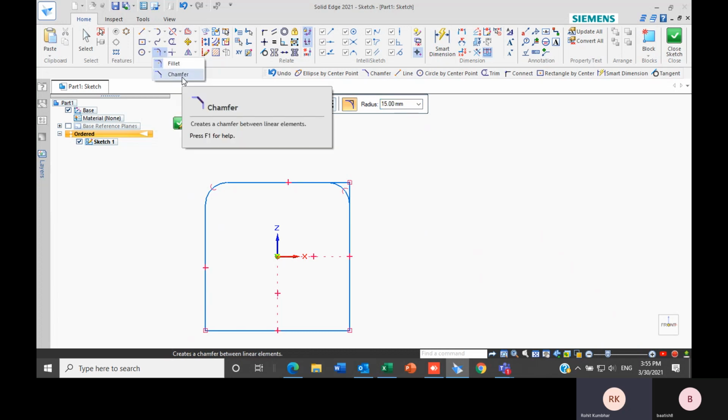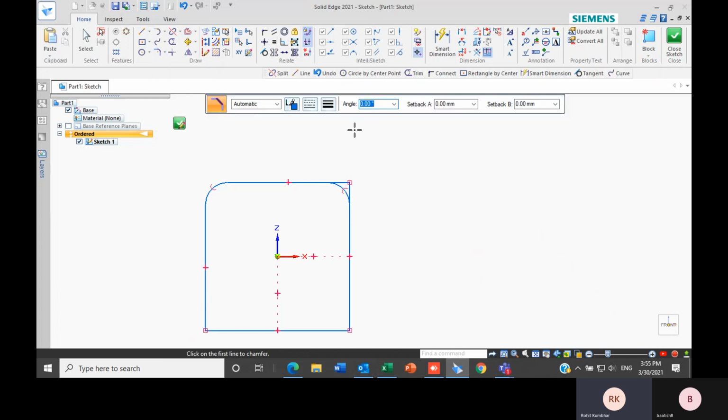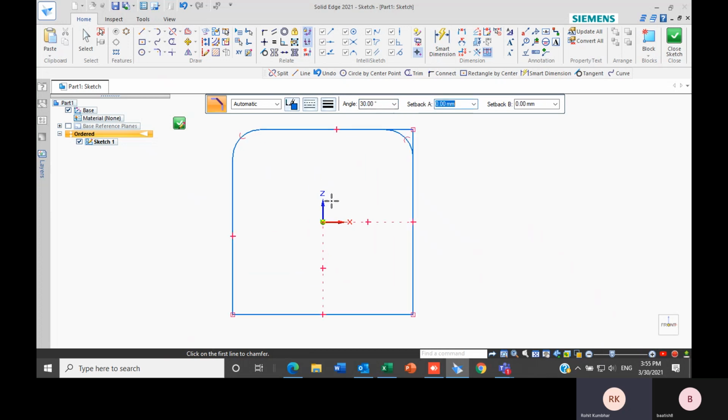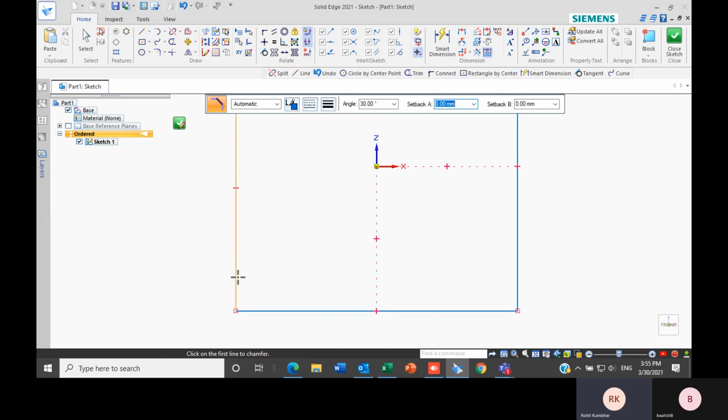Our next option is chamfer. In chamfer, you can create it three ways: either with angle, or with angle and setbacks, or with both setbacks. Let's say my angle is 30 degrees.